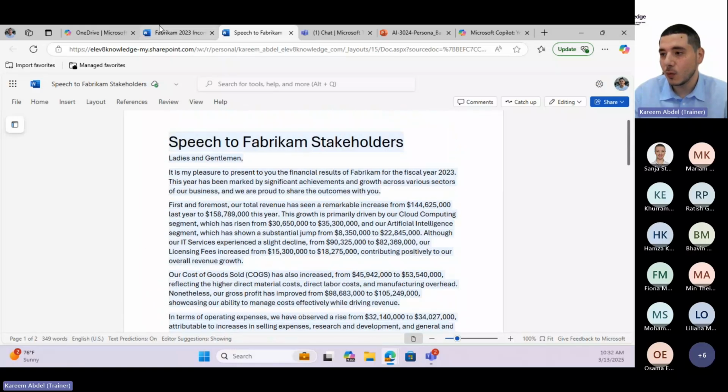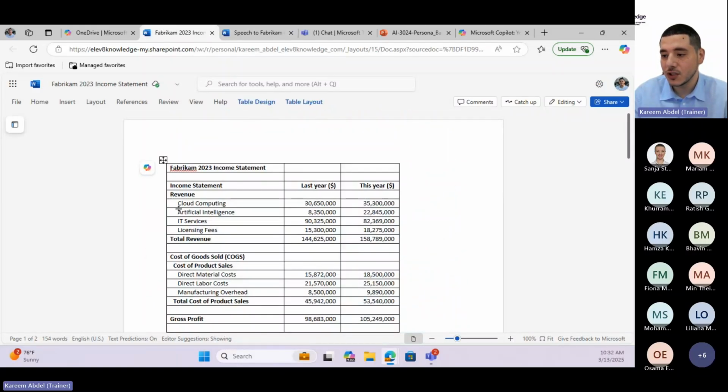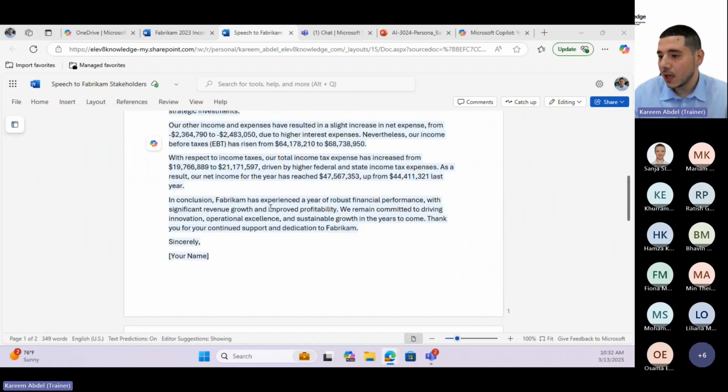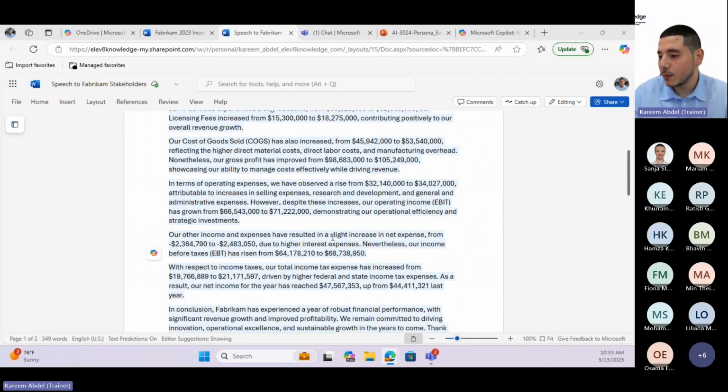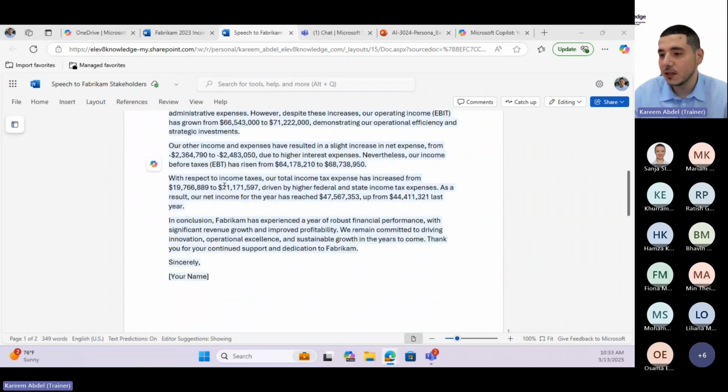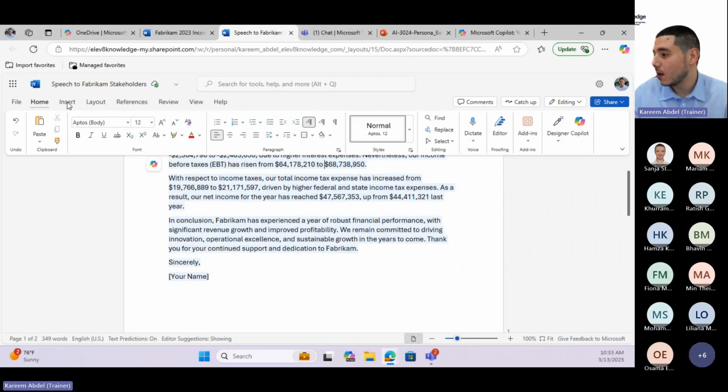So we can see that whatever was on the income statement sheet as numbers in a table has now been generated in the format of a speech addressed to the stakeholders, right? So I can read through: other income and expenses result in a slight increase. So it's really summarizing a lot of the numbers. Now I can go into